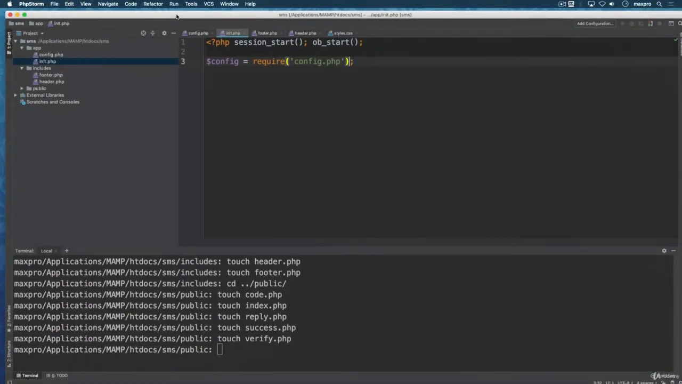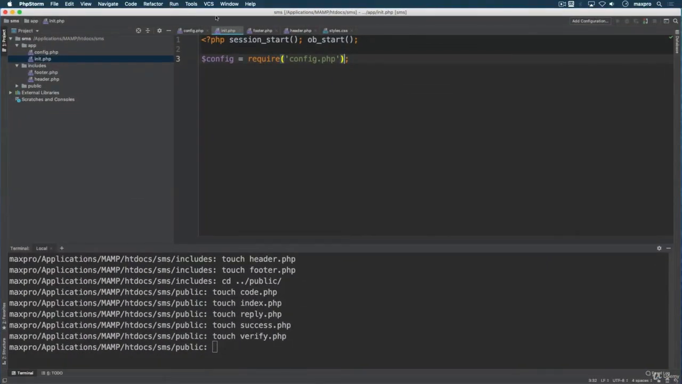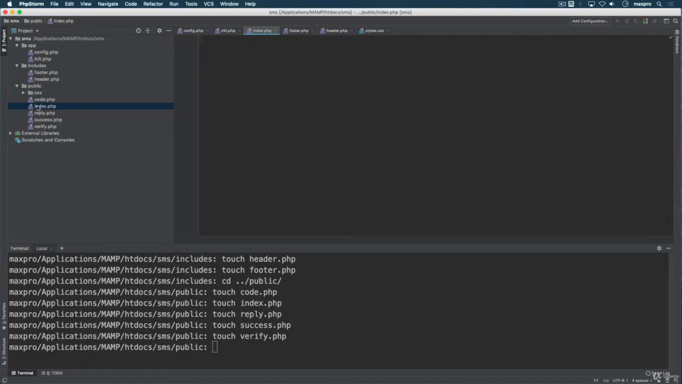All right, guys. So we haven't even seen our app, how it looks, right? So let's go ahead and try to see if we can have a look at our app in the browser. So I'm gonna go to the public directory. I'm gonna go to the index.php inside the public directory, and I'm going to start